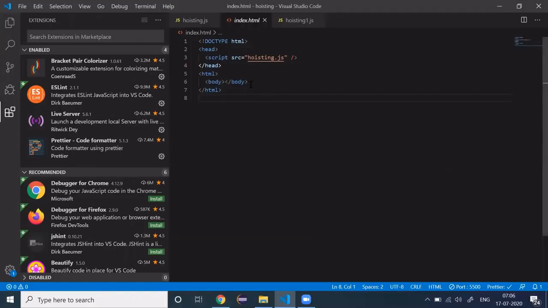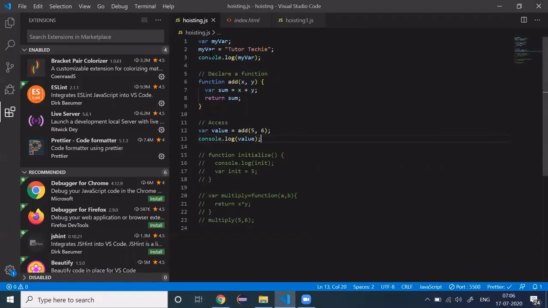and then in the hoisting.js we have a sample of code that we'll see in the browser to check how it behaves. Here I have declared a variable. This is called declaration. I have assigned a value to that variable. This is called initialization, and here I am accessing this variable. And the same is for the function. Here I am declaring the function. This is called function declaration. And then here I'm calling that function. It means I'm accessing that function and printing the value it returns. So this is pretty straightforward: declaration, initialization, and then usage.